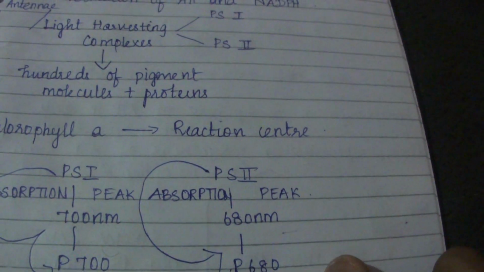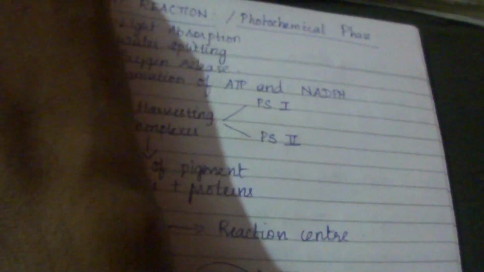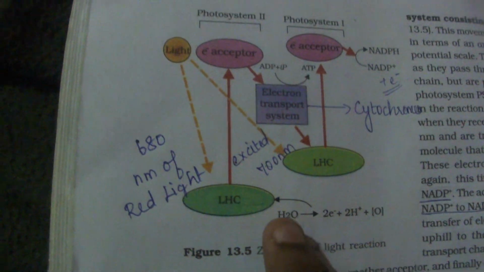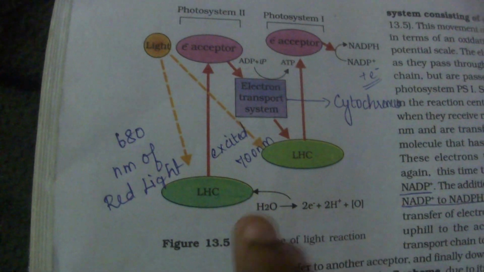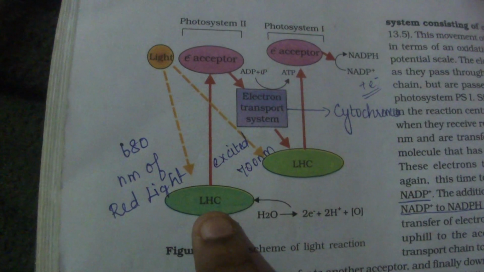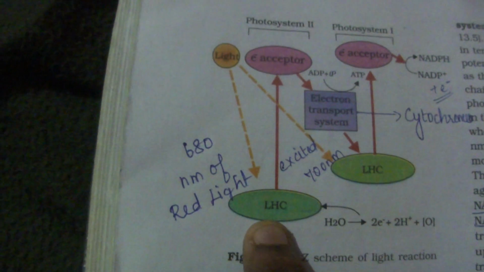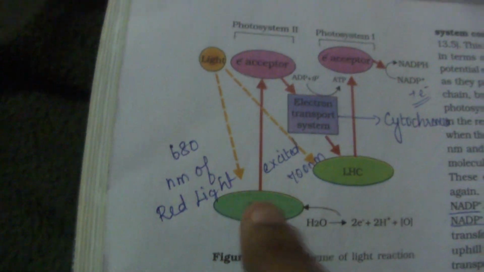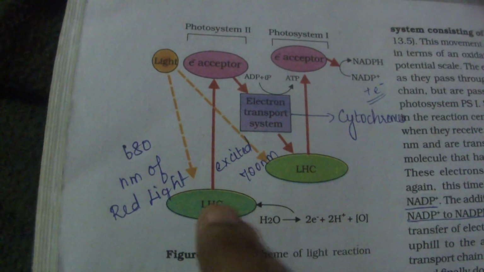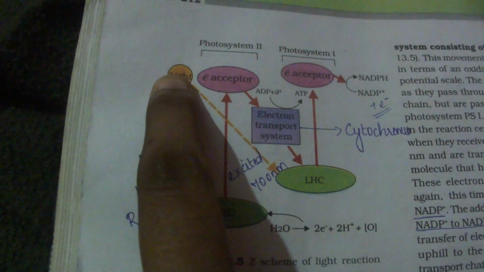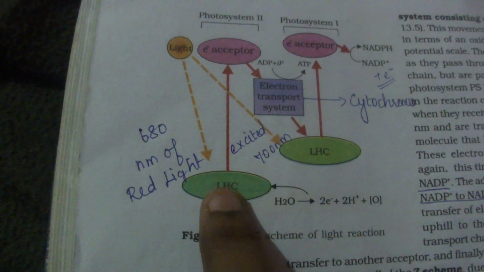The next topic which we must go through is electron transport. How do the electrons get transported? For this we need to look into a diagram to get a better idea. This is the diagram we were talking about. This is photosystem 2, because it is 680 nanometers. Just now we saw PS2 is P680 and PS1 is P700. P680 means that it will absorb light of wavelength only 680 nanometers. So the red light of 680 nanometers is being absorbed.